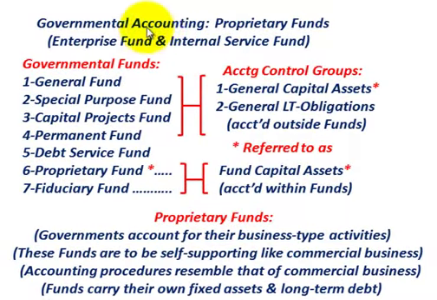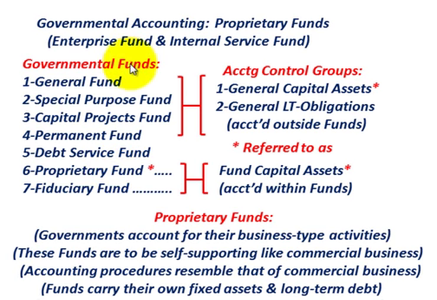What we're going to be looking at here is governmental accounting for the proprietary funds, just a basic overview of what these proprietary funds are and how they operate. Those would include the enterprise fund and your internal service fund. When you're talking about governmental accounting, you're going to have different governmental funds, like the general fund, specific purpose fund, capital projects, and so forth. And then we get down to the proprietary fund. So that's what we're going to be looking at in our discussion.